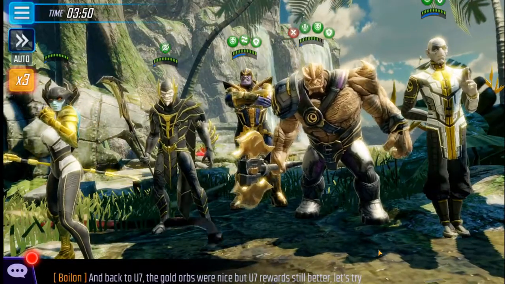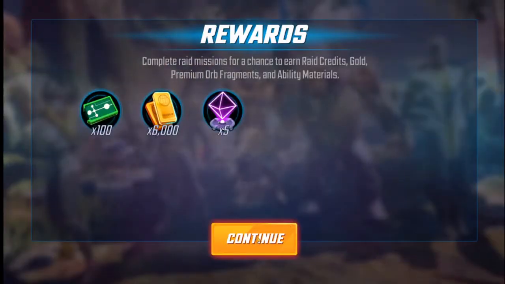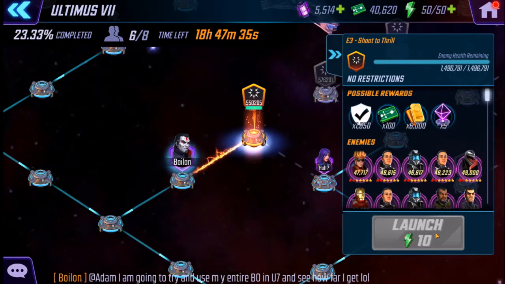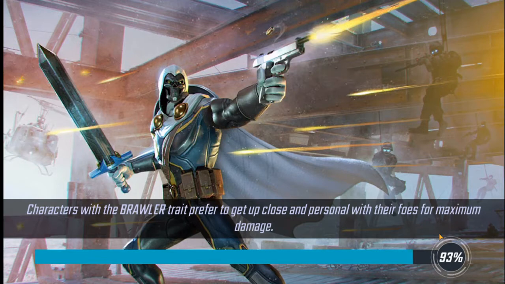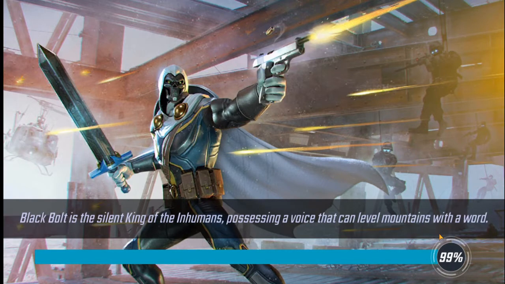But the great thing is that since my Thanos happens to have so much hit points, the regeneration that each of the Black Order members have is based on his hit points. And so we're entering the second node here in Ultimus 7, and this one used to give me a little bit of trouble prior to the change in difficulty, but a lot of the early nodes really aren't that difficult, especially because their hit points have been drastically reduced,